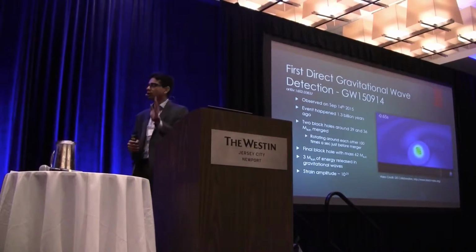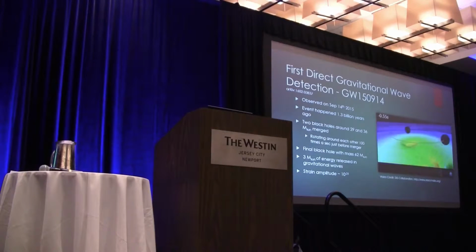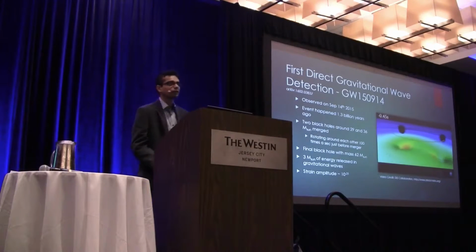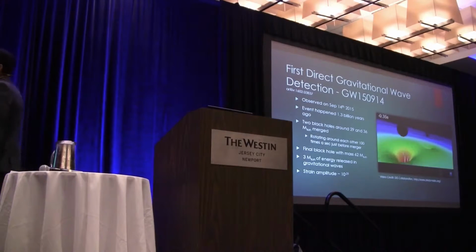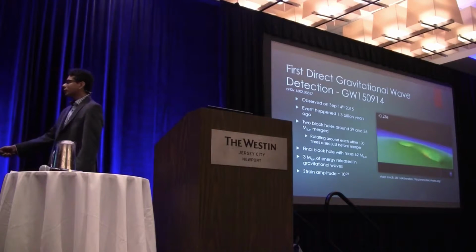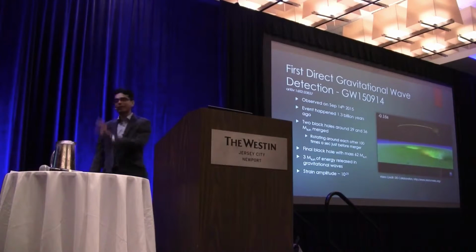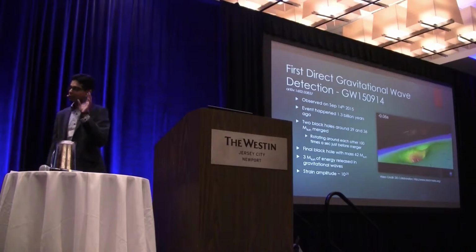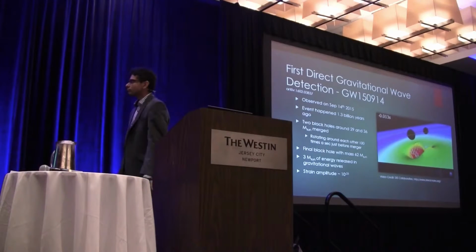And just before the merger, in a fraction of a second, the energy that was released in gravitational waves was larger than the combined energy output of all the stars in the observable universe. So it was absolutely gigantic. And as I said, the signal that was produced by the merger of these black holes was about 10 to the minus 21. So this is what we call the strain. Strain is the fractional change in length of the objects as a result of the gravitational waves. So even though the energy was absolutely gigantic, the resultant strain was absolutely small.